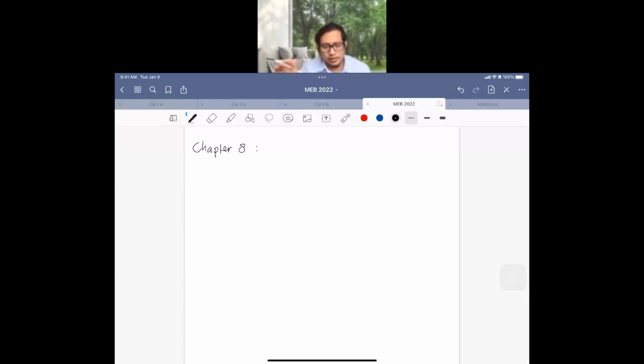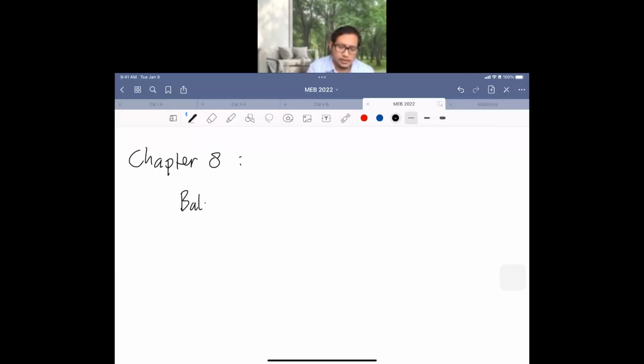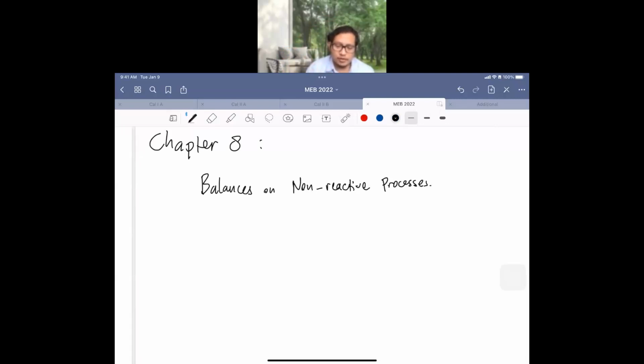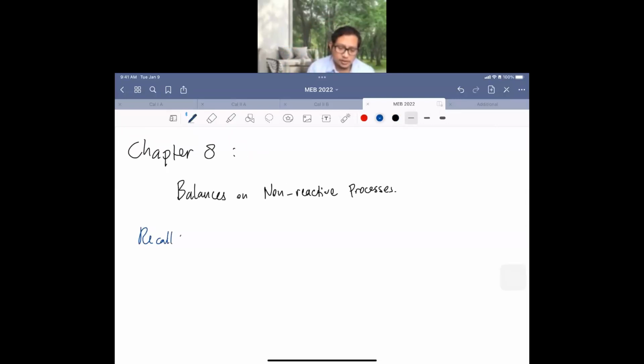So chapter 8, we will deal with balancing non-reactive processes. Okay, so just recall that in an open system, we can say that the kinetics, potentials, and the work shaft are all negligible,